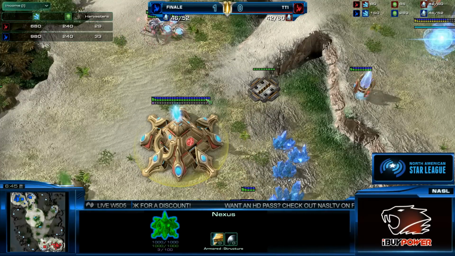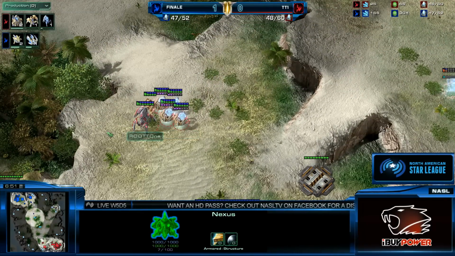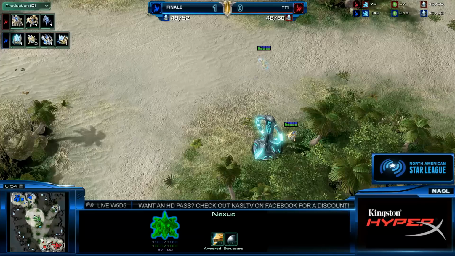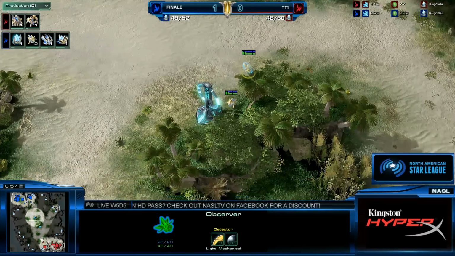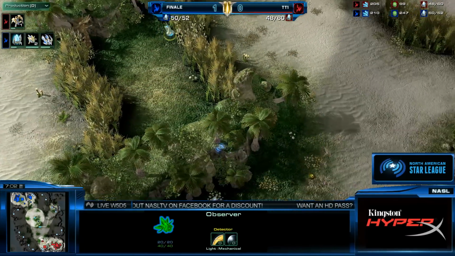What are you going to do with the warp prism? Finale is, by the way, 5 probes ahead, and it might not sound like a huge deal. That's actually a massive deal. Really beautiful play by Finale: he plays just 1 game against TT1, immediately identifies the style, and scouts it